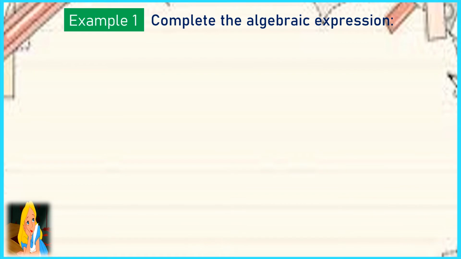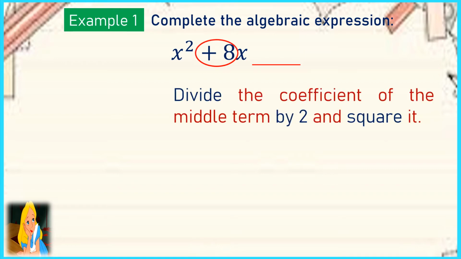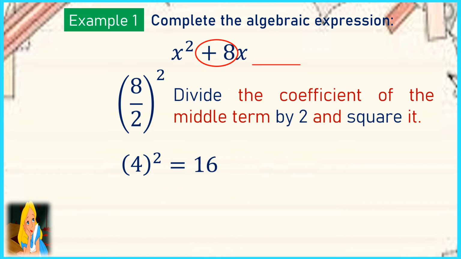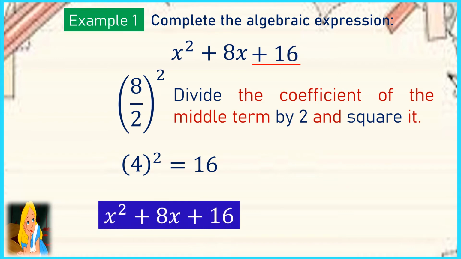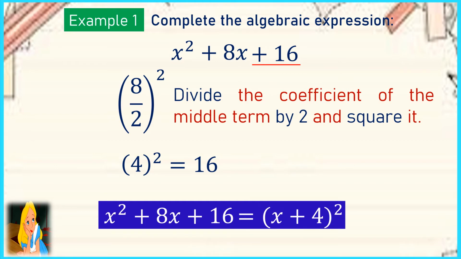So let us complete the algebraic expression x squared plus 8x. In here, we need to divide the coefficient of the middle term by 2 and square it. So the coefficient of the middle term is 8. So we have 8 divided by 2 squared. 8 divided by 2 is 4. So we have 4 squared, which is equal to 16. So always remember, when you square a term or any number, it is equal to positive. So we have the constant term or the last term plus 16. So we have a perfect square trinomial, x squared plus 8x plus 16, and can be written as